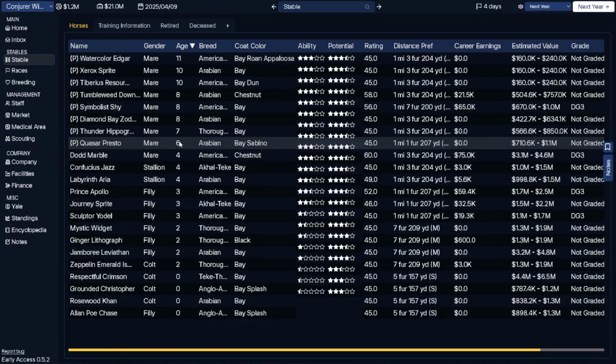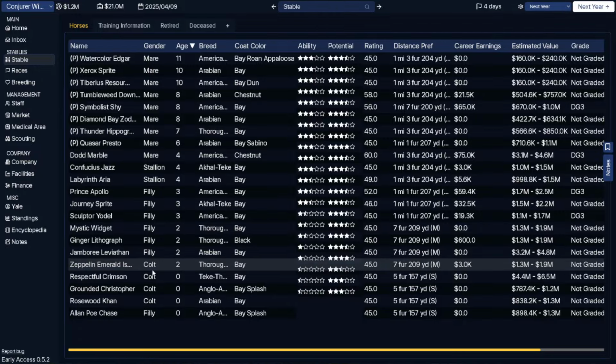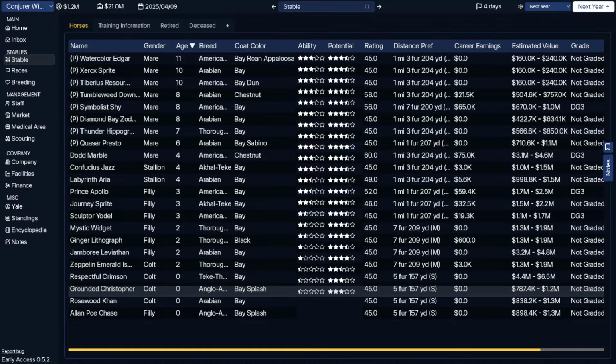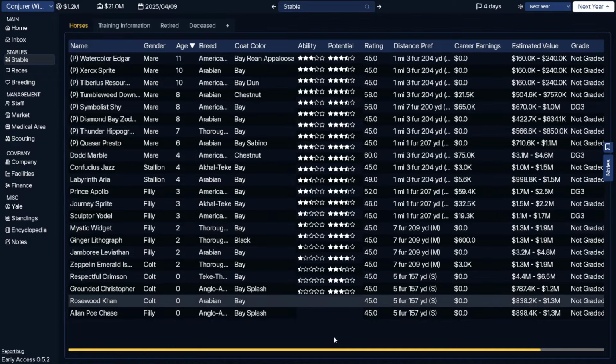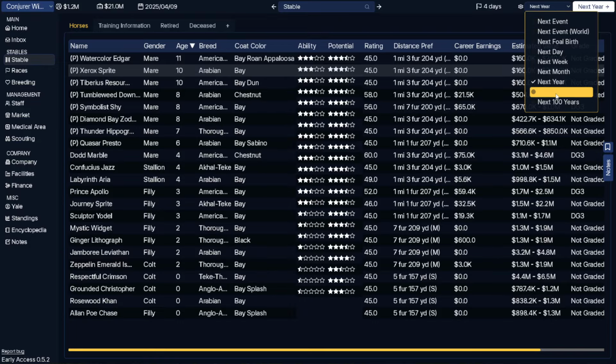If I sort by the age, like I say, we've got a bunch of horses that are pregnant. So Grounded Christopher is a 2.5 star potential. Crimson's a 4, the other 2 are 3. And even better than that, I'm just going to copy some floating screenshots, which you can't see, but I can, onto my other monitor. Because what I actually want to do here is...